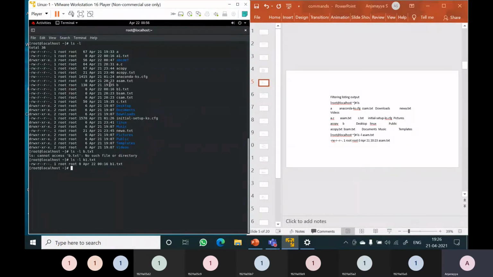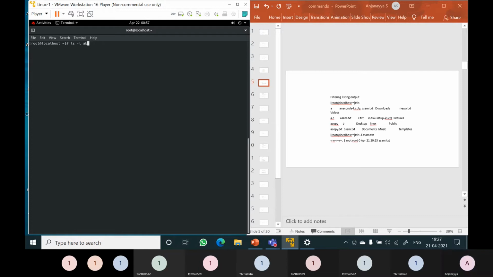So if you want to filter, ls minus l gives the details of all the files in this root directory. Now I want to see the information about only a specific file. So now I will apply the filtering. Filtering means ls minus l, you type the file name ABCDEF. Now ABCDEF is containing 3 text files a.txt, b.txt, c.txt and one directory.